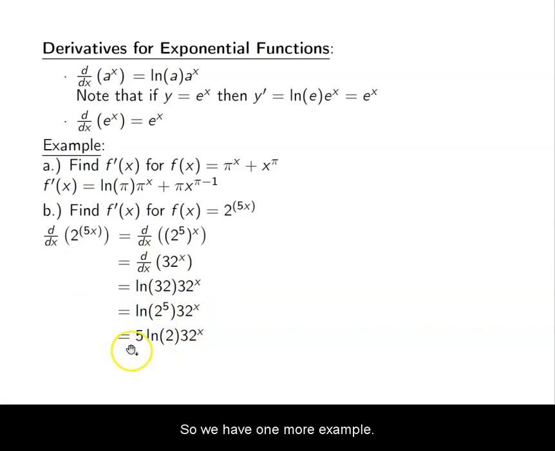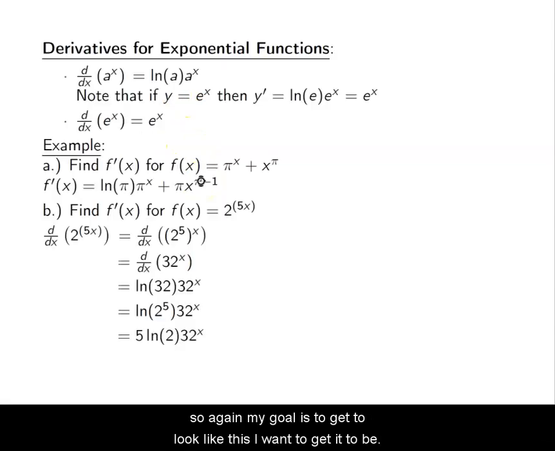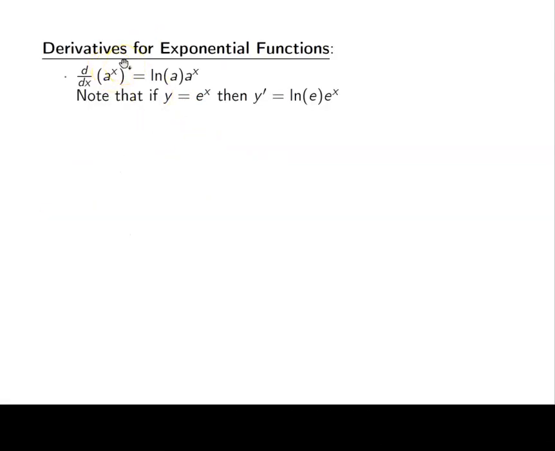So we have one more example. We want to find y prime for y equals e to the 3x plus 1. So same thing, I want to simplify this by using my rules of exponents. So I want to apply as many rules as I can. So again, my goal is to get it to look like this. Okay, I want to get it to be a